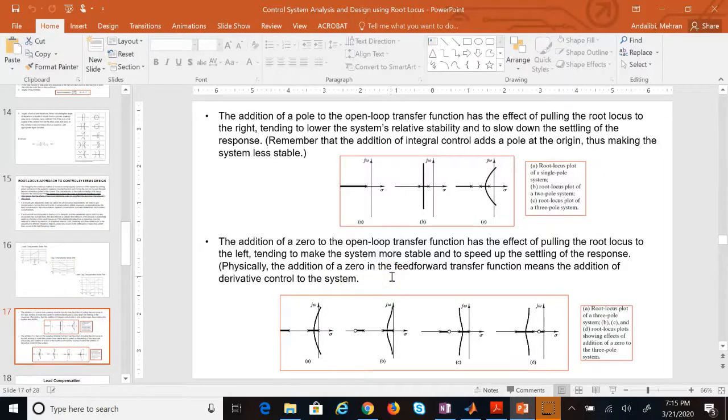So what happens when we add a pole to the root locus? So if you look at here,